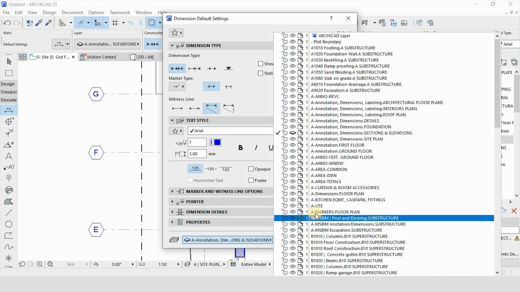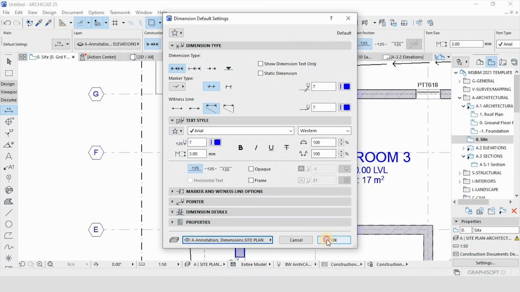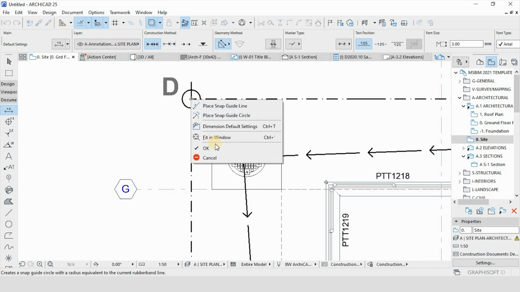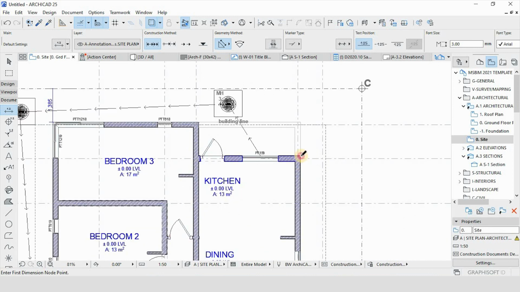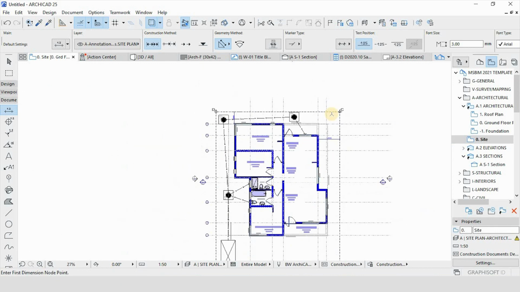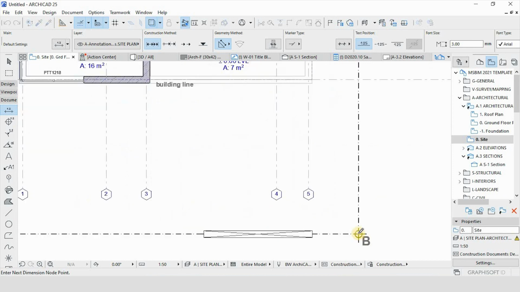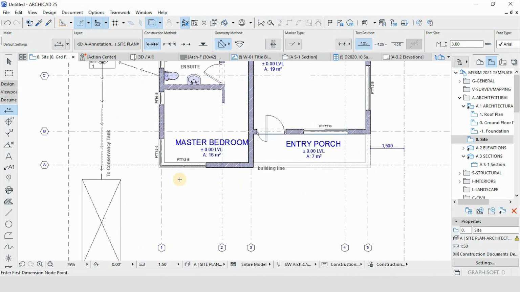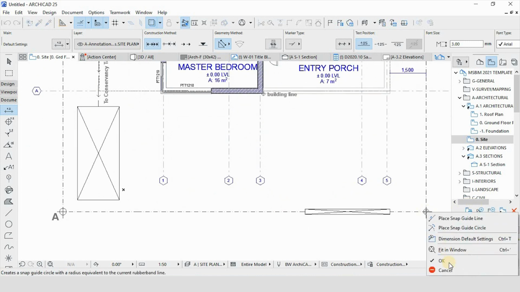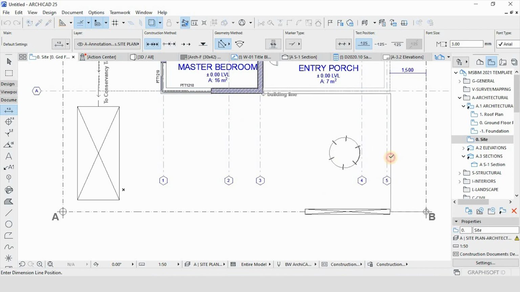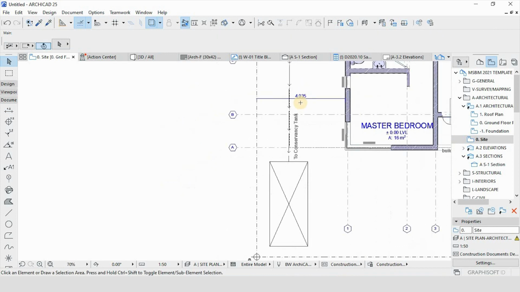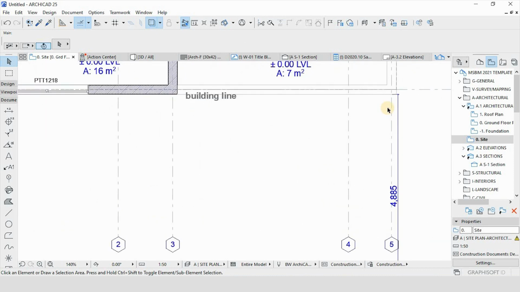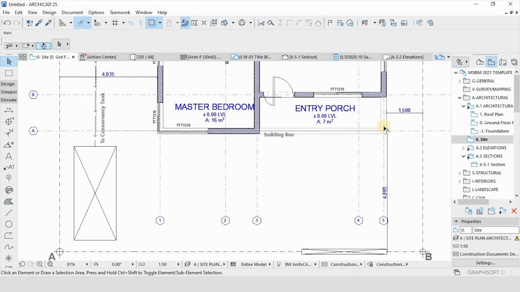So we are going to select the layer for this under annotation dimensions plans, so that we separate the dimensioning that is on site, and that is on our floor plan. So you make sure your setbacks are to standard with the approved standards under the regulation in your area. So in this case,